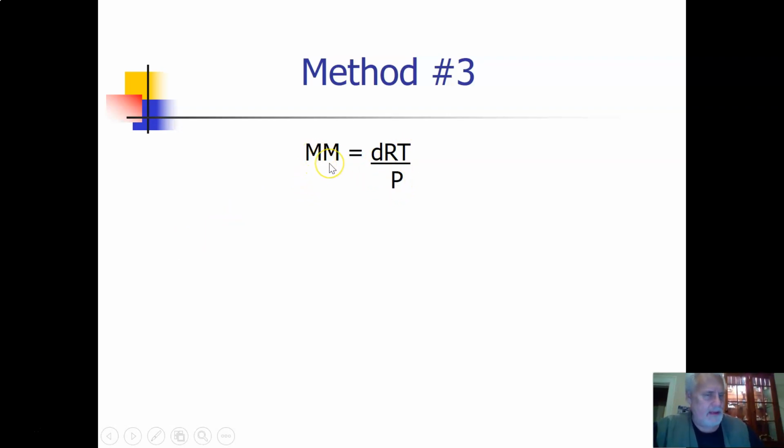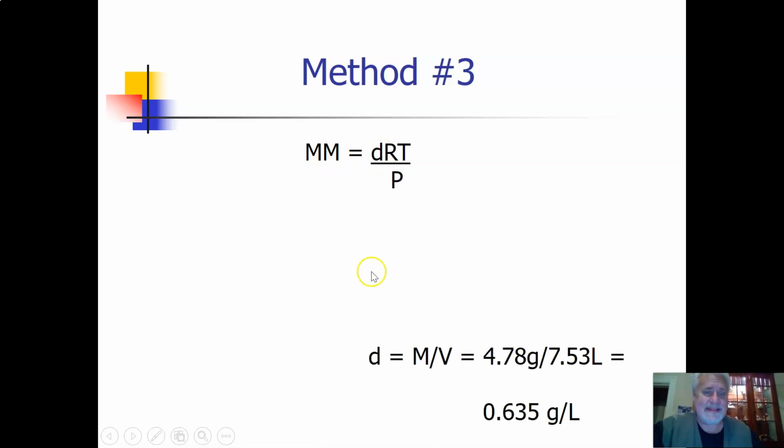You could probably figure out what MM stands for, your molar mass, and d actually equals density. Okay? So the molar mass can be defined using density, which is mass divided by volume. We have a mass, we have a volume, so we have a density. Piece of cake. Just like the lab we did with the Red Wing shoe stuff. Just density equals mass over volume,